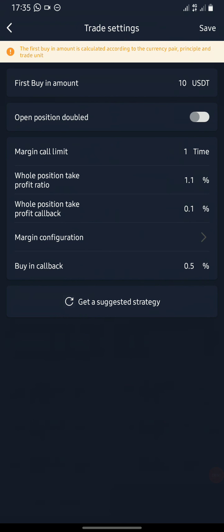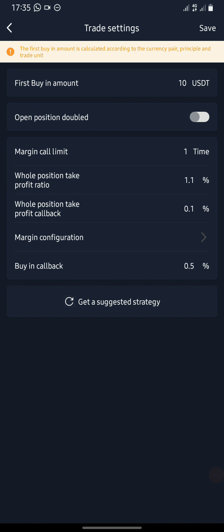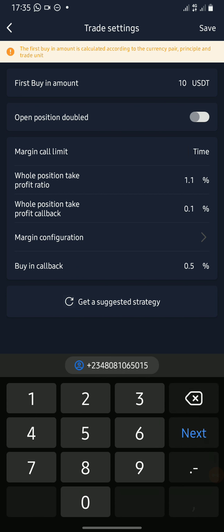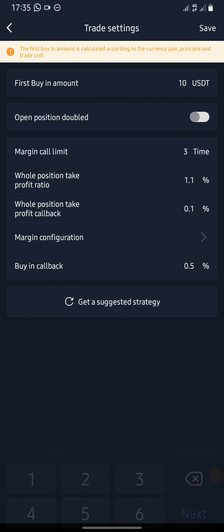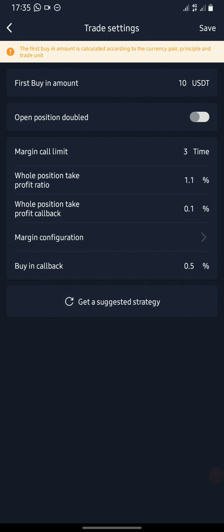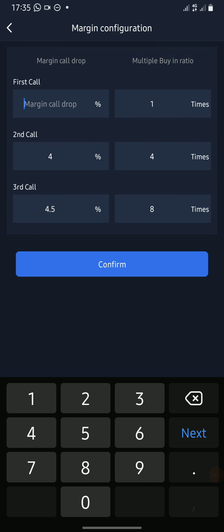Now my own advice for people who want to use $50 to $100. If you're going to use $50, you leave this at 10 and change this to 3. Then you can see it has changed from 1. This is the margin call limit, and from my margin configuration it has changed to 3 calls. My first call now at 3.5, I can still reduce this to 2. Then this one 4.5, 0.5, and this one